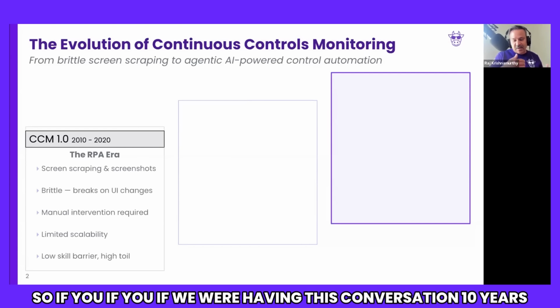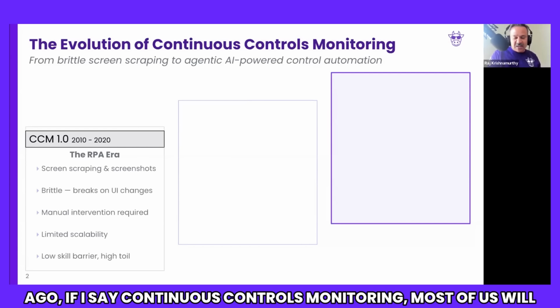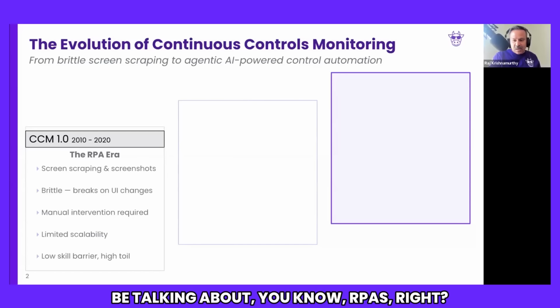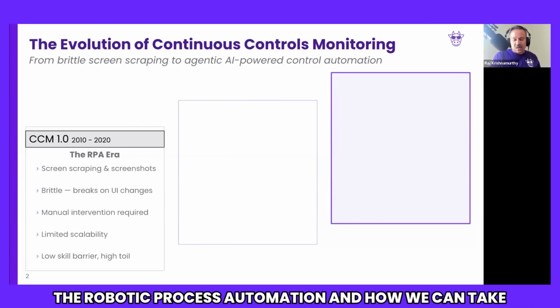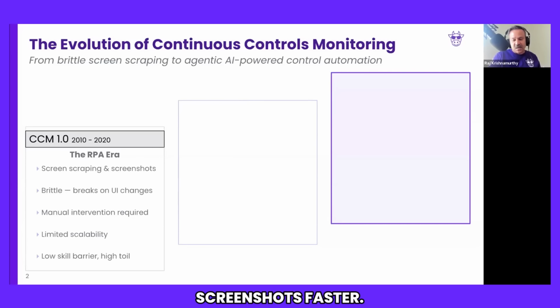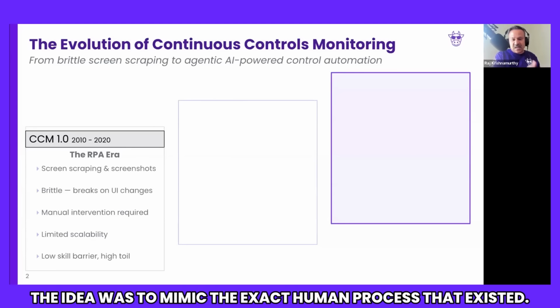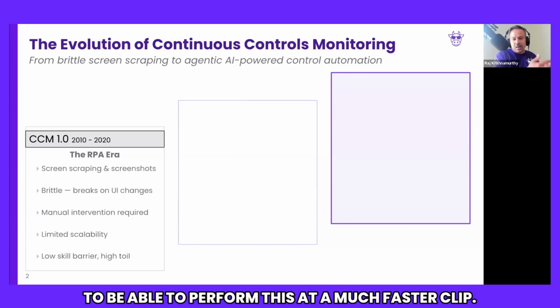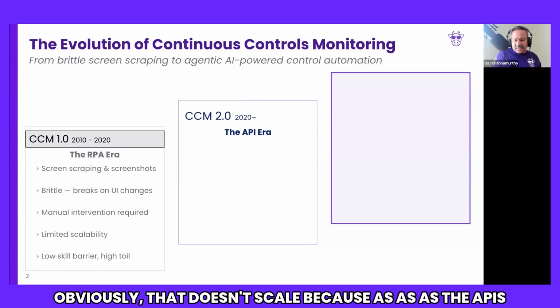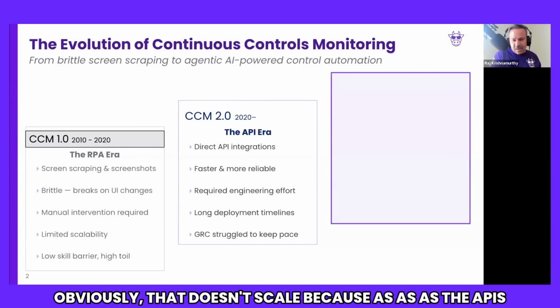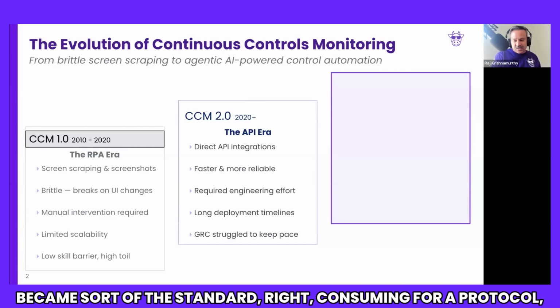So if we were having this conversation 10 years ago and I said continuous controls monitoring, most of us would be talking about RPAs, robotic process automation, and how we can take screenshots faster. The idea was to mimic the exact human process that existed, to perform it at a much faster clip. Obviously, that doesn't scale,